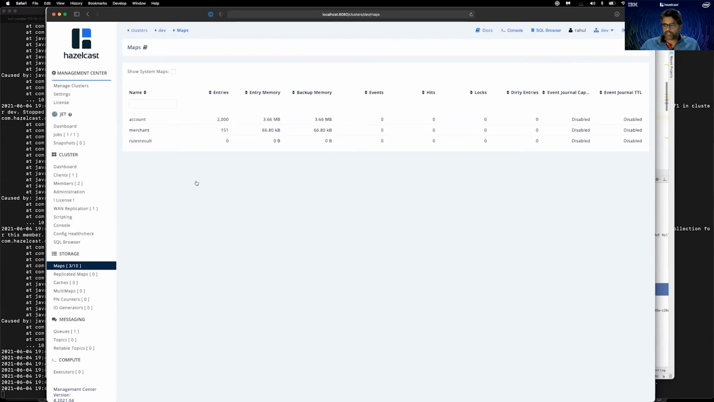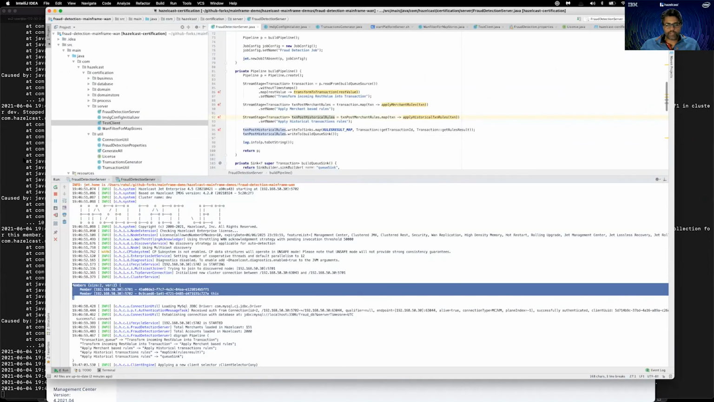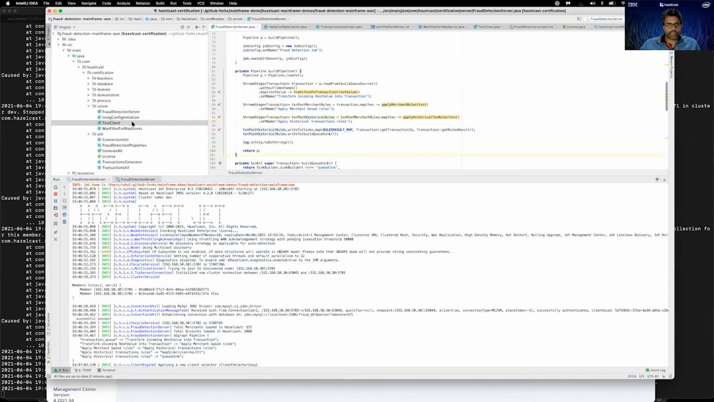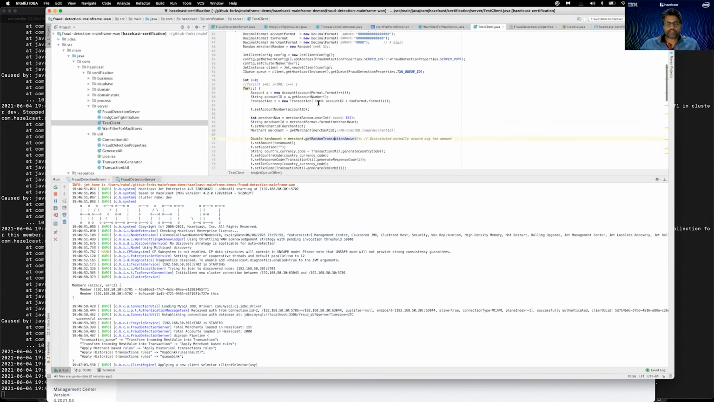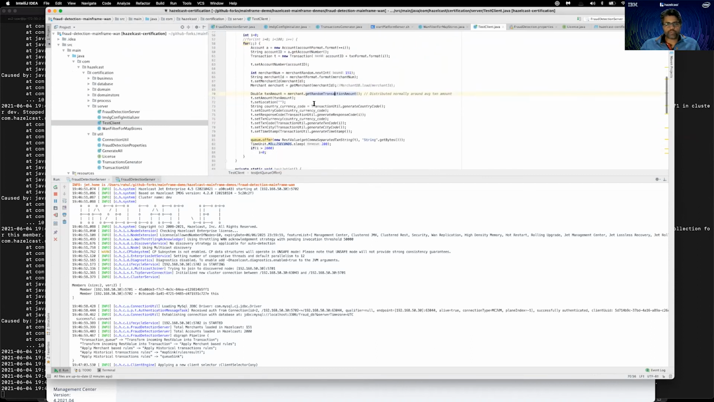Now let's start a transaction simulator. Now is the time. So I have a transaction simulator here. What it does is it runs infinitely, and every 200 milliseconds it creates a transaction and makes a REST call to the Hazelcast cluster and stores the transaction into the cluster. Now, before we